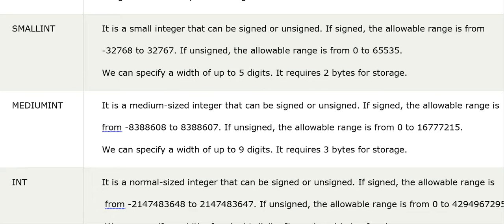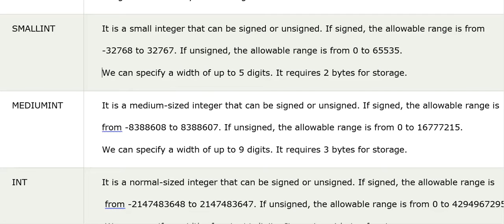Generally speaking, in tiny int we are not able to store that many values, only 1 byte was there. Here you can store larger values. If you're going for signed values, the range is -32,768 to 32,767.